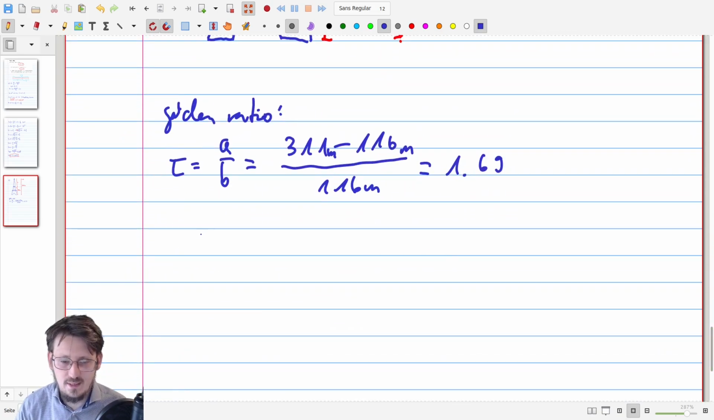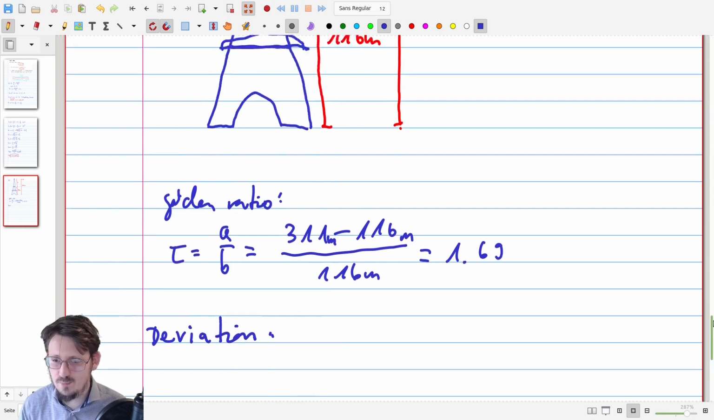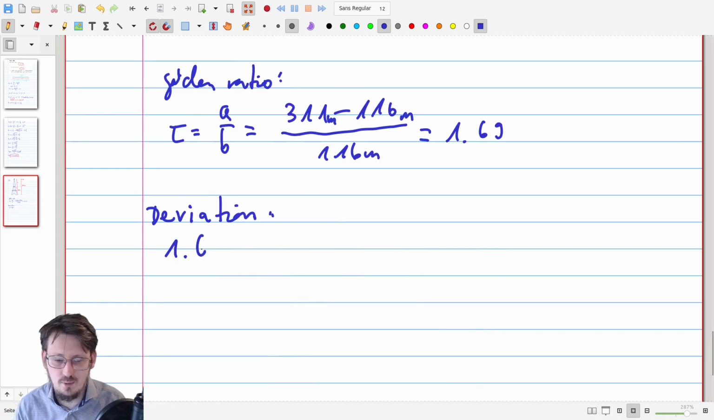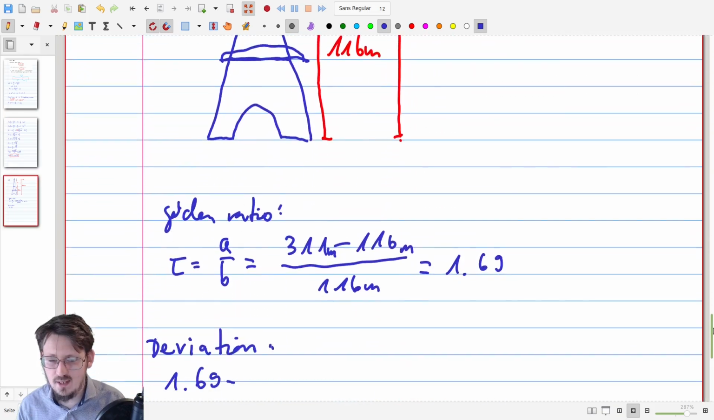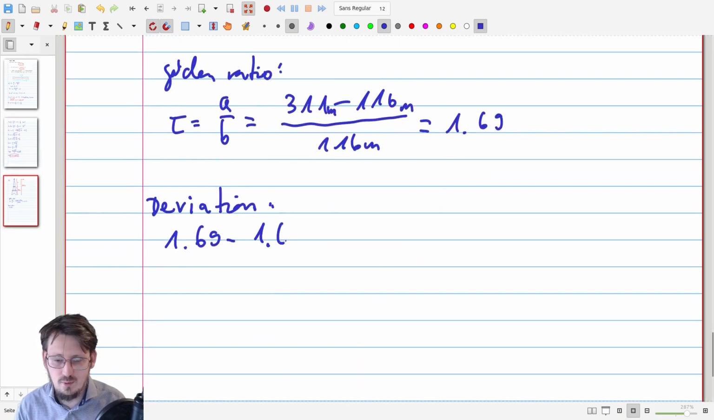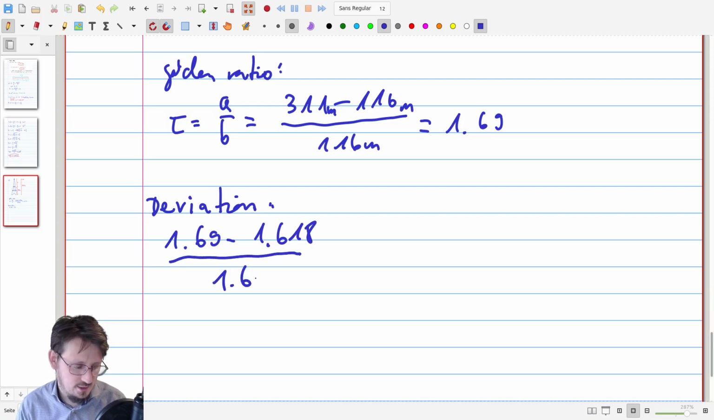And now in the next step, I would like to calculate the deviation which we get between the value which we obtain here and the real golden ratio. So what we can do is write down our value 1.69 minus the real golden ratio value 1.618, divided by 1.618, because we want to see how far away we are from that. And when you calculate this, you come to a value of